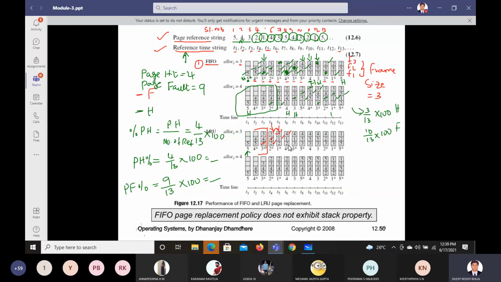Okay, now after this 4 we entered, 3 we have to enter here. So 3, if you want to enter here, you check which one you have to replace out of 4, 1, 2. 2 is the least one. So we replace 2 and we get 3. Next, 3 is done.